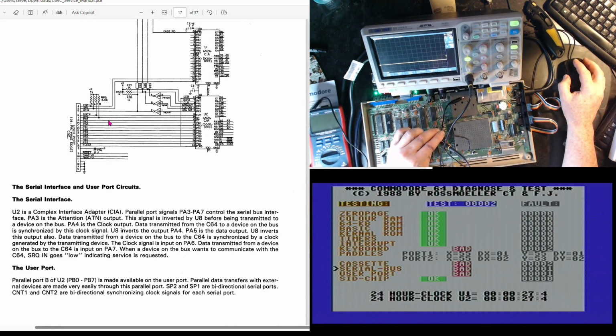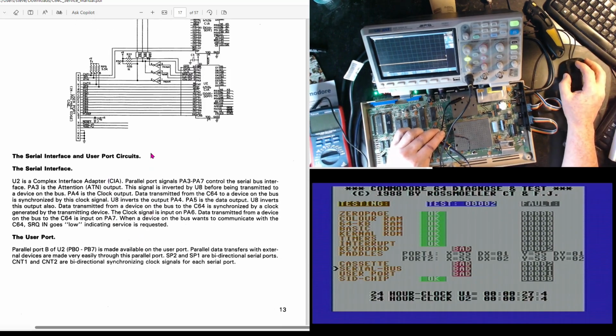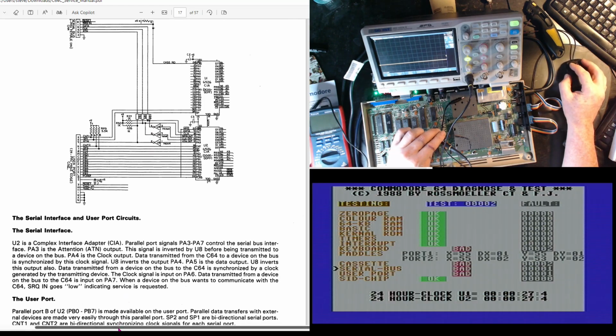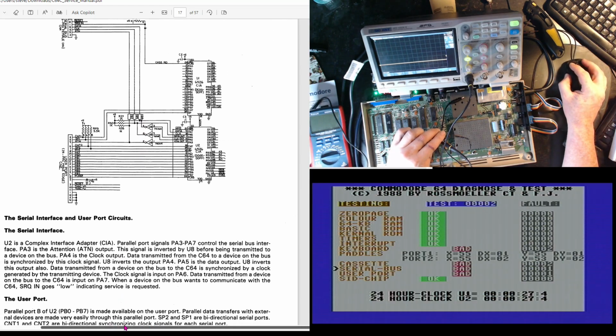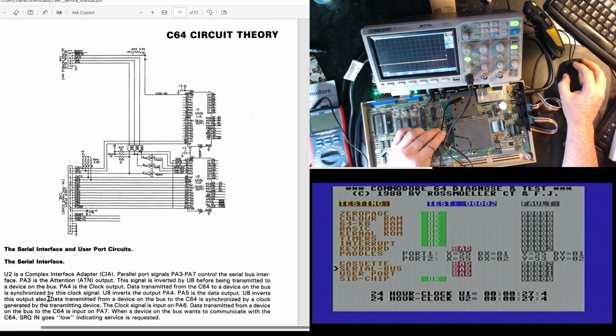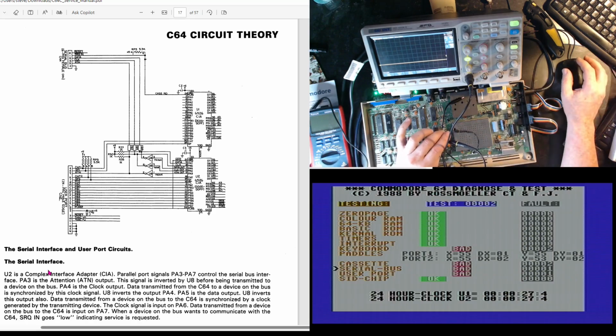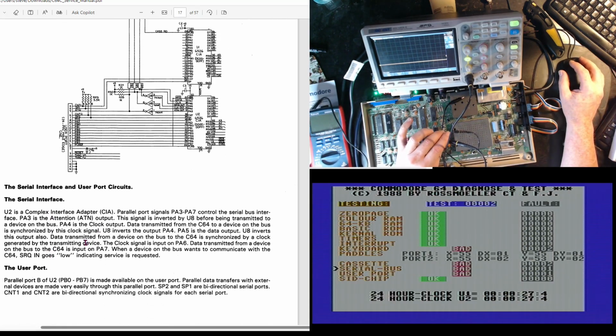When I had a look at the serial interface, which is here, it was going through U2, the CIU2, which is this chip here. Now, I've done another little test. So it says